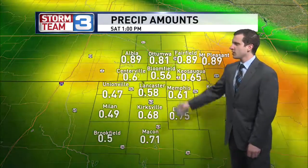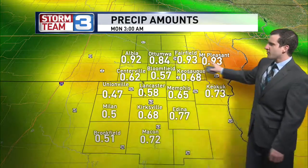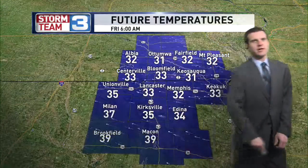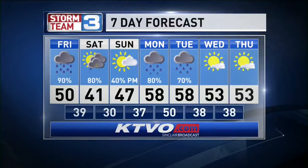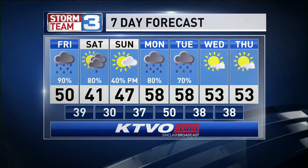Rainfall amounts looking to be just shy of an inch for our high-end areas, and a lot of the highest amounts occurring on our eastern and northern portions of the heartland. Temperature-wise, we're going to watch as these lows this morning get up towards 50 degrees for us today, and then even warmer as we start